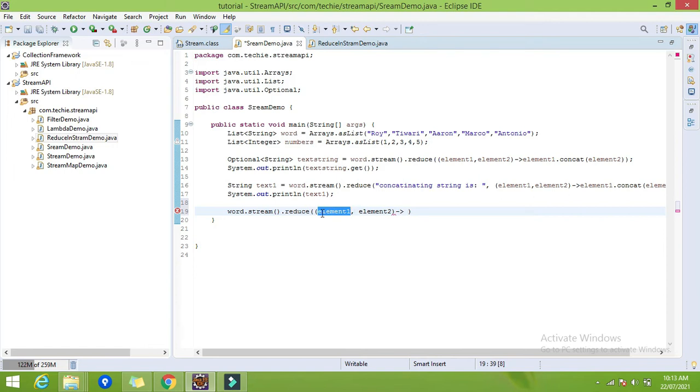So what I will do, I will check which is the longest string between these two arguments. Whichever is the longest, I will save into element 1. Then again the next element I will compare with this, whichever is the longest I will save into element 1, like that. So I will use the ternary operator: element 1 dot length is greater than element 2